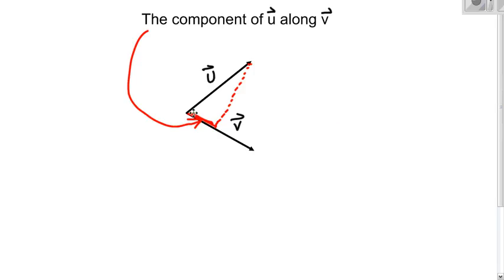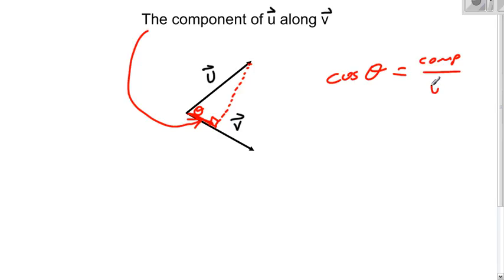And you can find that if you know the angle, which we know how to find using the dot product. And then we're looking at, this would be a right triangle formed with this dotted line that I drew. So we're looking at the adjacent side where u would be the hypotenuse, so we'd be using cosine. And that would equal adjacent over hypotenuse, so that would equal the component of u along v divided by the